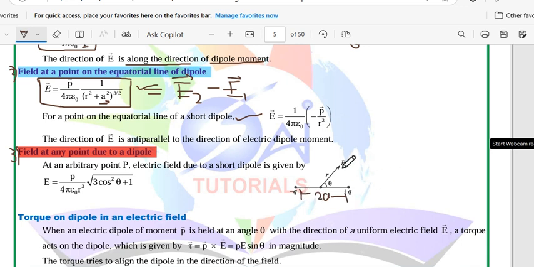Now let us consider the electric dipole moment P bar at any area. Let us consider a point P, whether it may be very far away or very near to those two charges. So let us consider P here at any point. The distance from that point P to the origin O is equal to r. Then